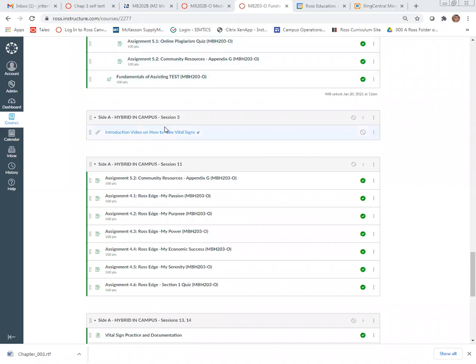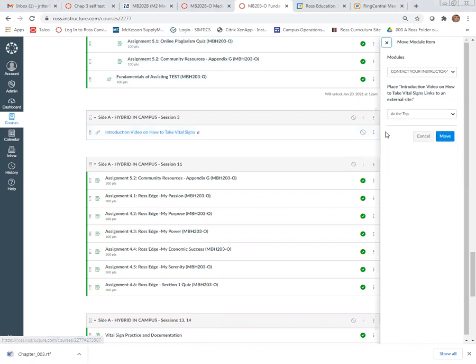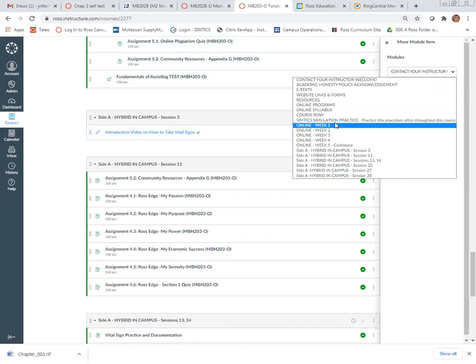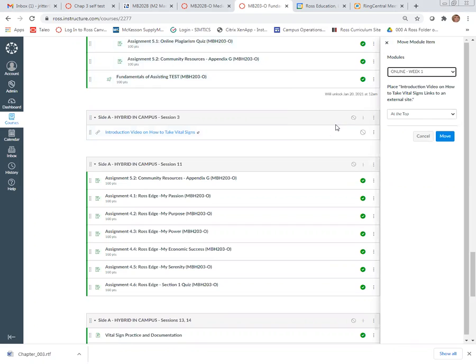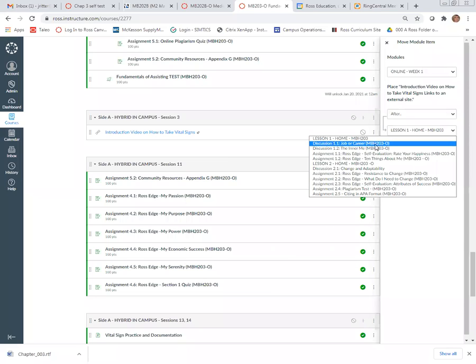So you can drag it up or you can do this, and sometimes this is easier. You come to the 3 little dots, you go to Move to, and then do week 1. Perfect. That is easier than dragging it up a whole bunch. Yeah, and then you can put it wherever you want, top, bottom. I can say I want it after, and then it'll give you everything in lesson 1, see? So I think we could probably do it after,